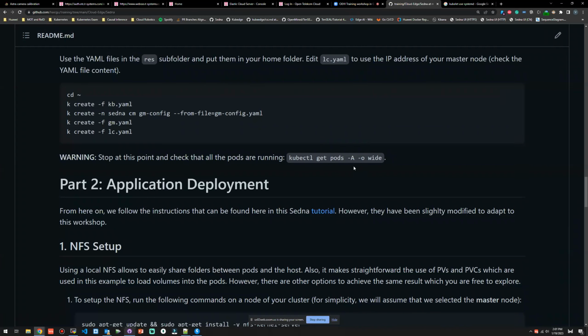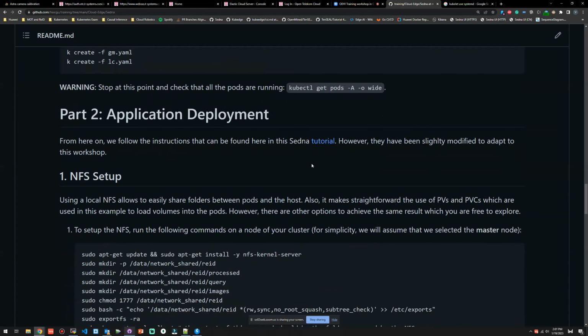So assuming that we are here and everything is fine, the infrastructure part is completed and there is nothing much to do beyond this point. If you have a single node, that is fine. If you have a multi-node setup, it could be a little bit more tricky. So the application deployment part is basically an excerpt from the tutorial that you find on the SEDNA webpage, this one,